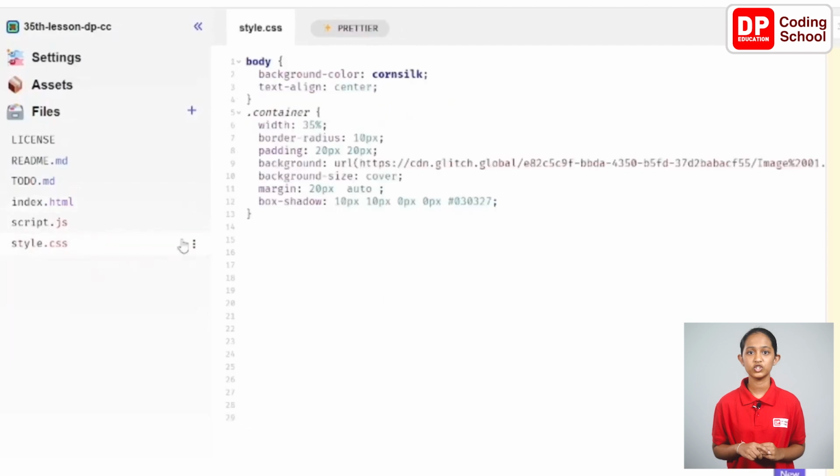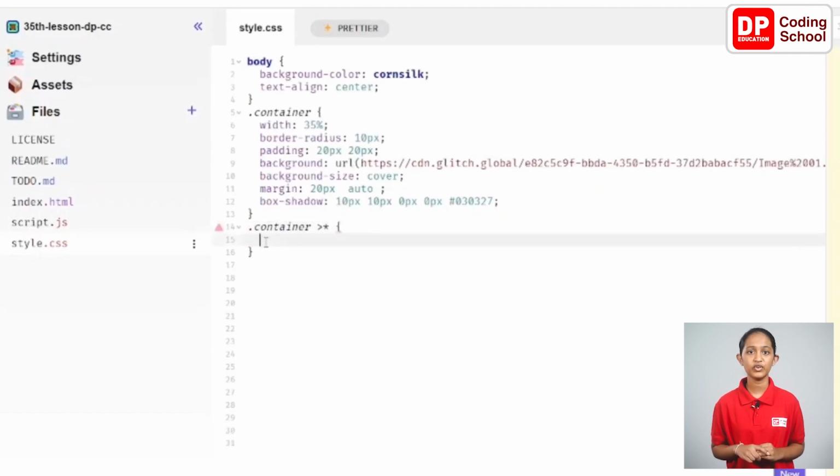Now we create a child class in the container class. Therefore, from the 14th line, I give .container > * and apply curly brackets. By this, we mean the first child class of the container class. Now let's create the code in this section. From line 15, it is given as width: 85%; Now to adjust the margin of this section, it is given as margin: 10px;